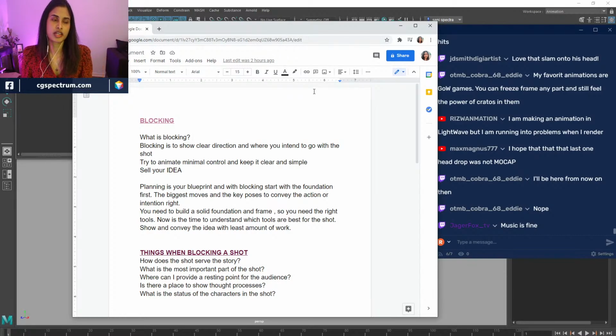So what is blocking? Blocking is to show clear direction where you intend to go with the shot. For example, let's say a Bruno shot where the character is coming in, sneaking inside, trying to see if the guards are looking around, and then sneaks slowly and jumps and knocks the guard down, right?